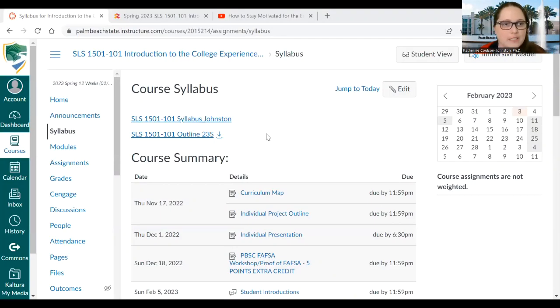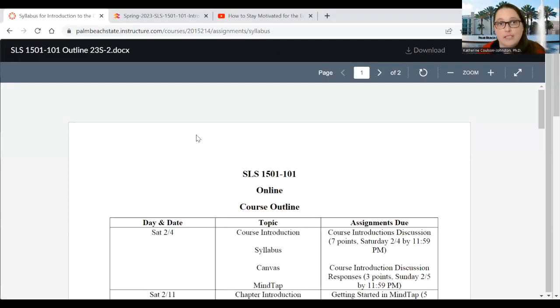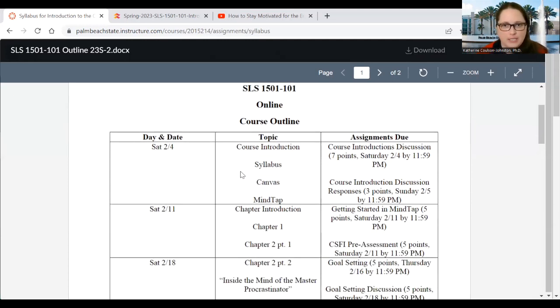Okay, so now I'm going to move on to the course outline, and that's when it gets really specifically catered to our class. So I'd like to explain each column of the outline to make sure that it's very clear for you. In the left-hand column, you'll see the day and date. Everything will be due on Saturday because that's when our class would have technically met if we were meeting. So every topic that we cover will be released that day. And then you'll see that in the middle column. And then the assignments due for that specific Saturday will be in the most right-hand column.